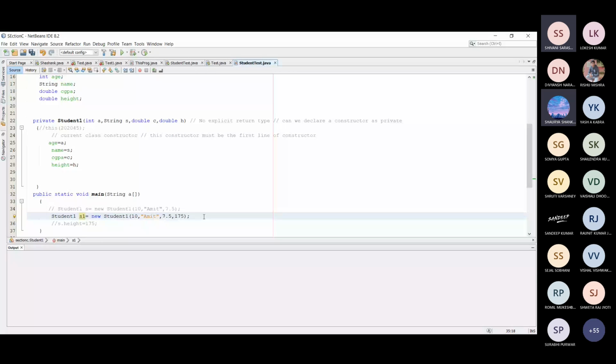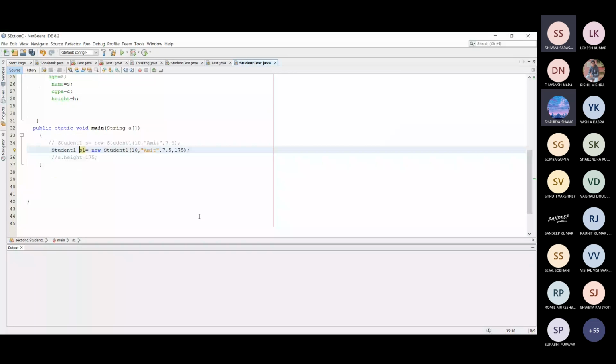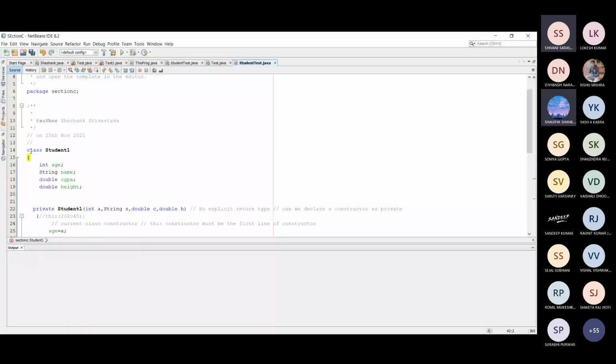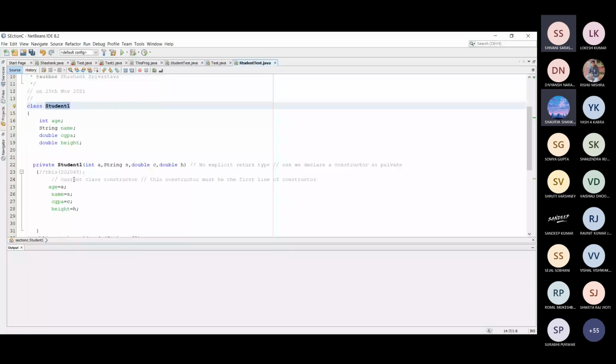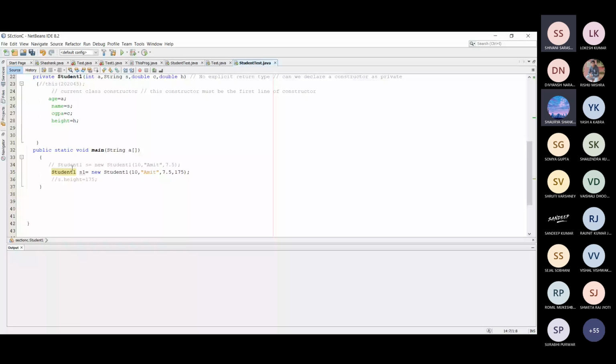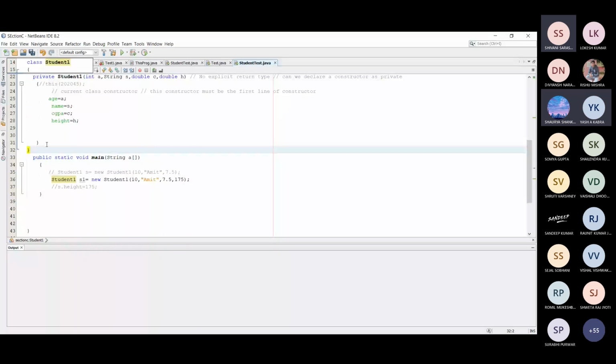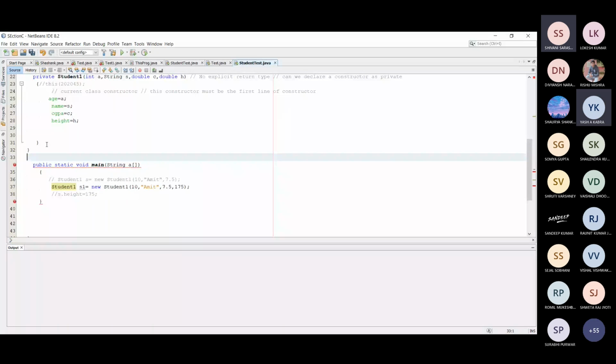But the problem is there is no significance of creating any object within the class only. Means यहाँ क्लास का स्कोप खत्म हो रहा है, और क्लास का स्कोप शुरू हो रहा है यहाँ पर। There is only a single class Student1, so I just create the Student1 object within the class only, so there is no significance. तो ऐसा नहीं करेंगे, तो I just write a separate class, like class StudentTest.